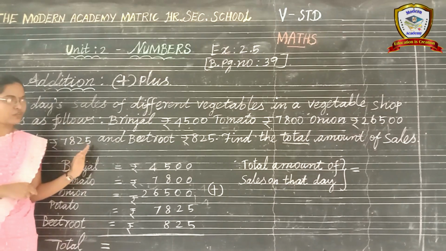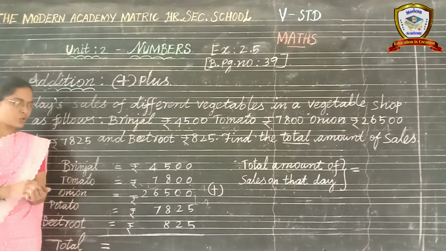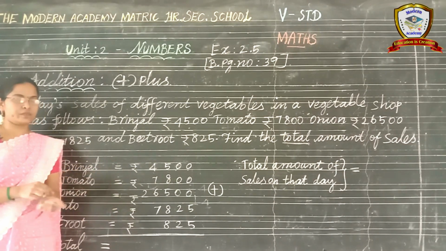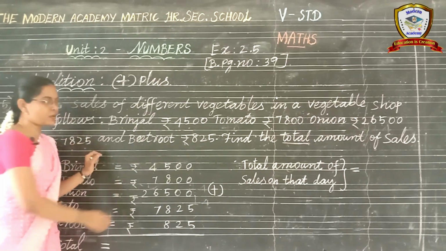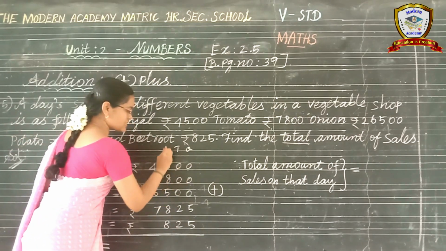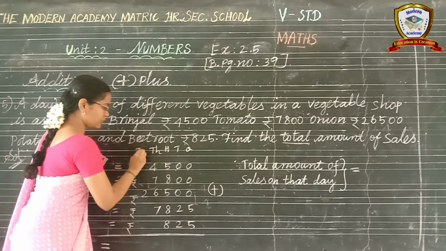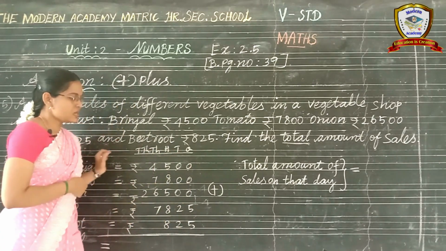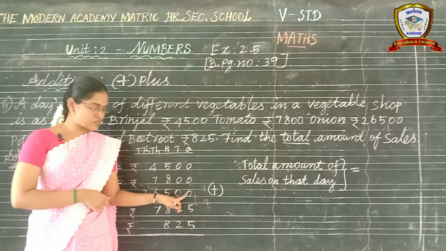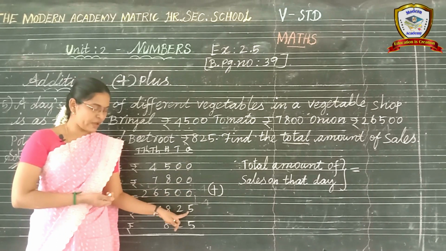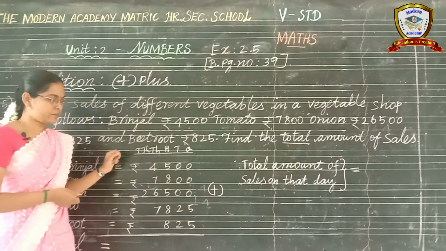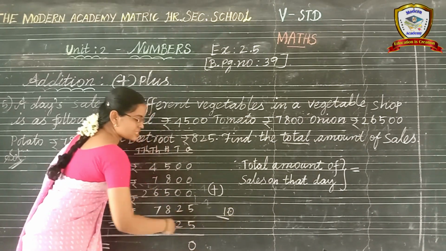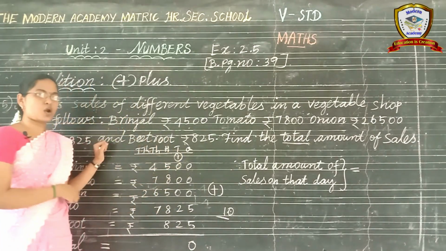Okay, now we have to find the total amount. So if you want to find the total amount, we have to add all the given amounts. As usual, first we have to start from the ones place: ones, tens, hundreds and thousands, 10,000s. Okay, so ones column first, we have to see 0 0 0. So 0 plus 0, 0 only we get. 0 plus 5, 5. 5 plus 5, 10. So 10 means the ones place number we can write down, and the tens place number carries over to the tens column.